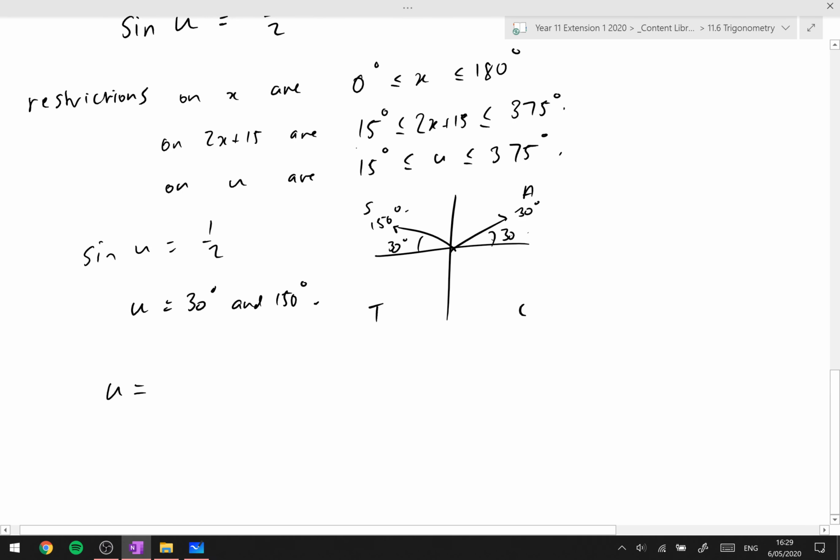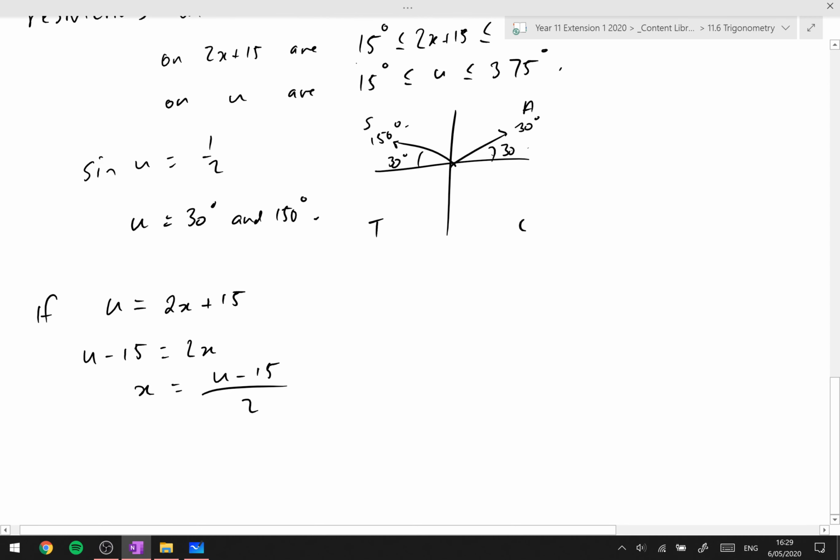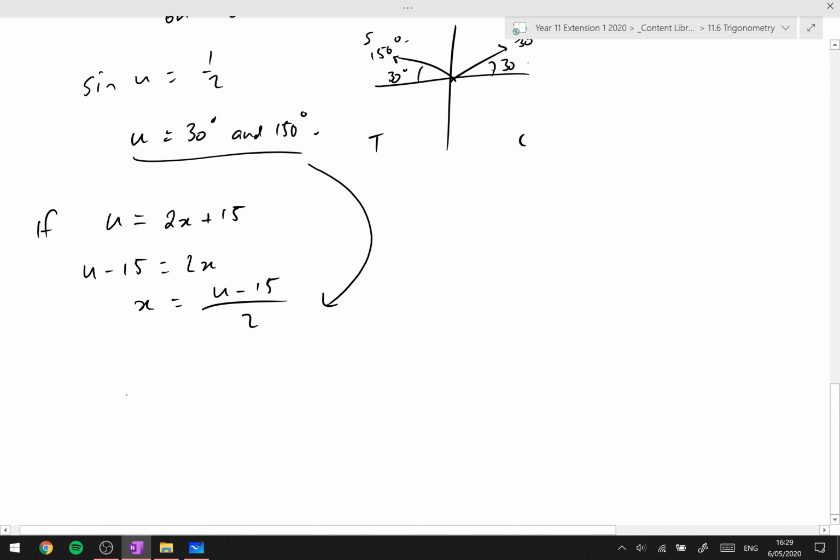So if u was equal to 2x plus 15, then u minus 15 is equal to 2x, and then x must have been equal to u minus 15 all over 2. So what we then just need to do is put these two values into this one here, and that will give us what x must be equal to in our compound angle. So x is equal to 30 minus 15, which is just 15. So 15 divided by 2